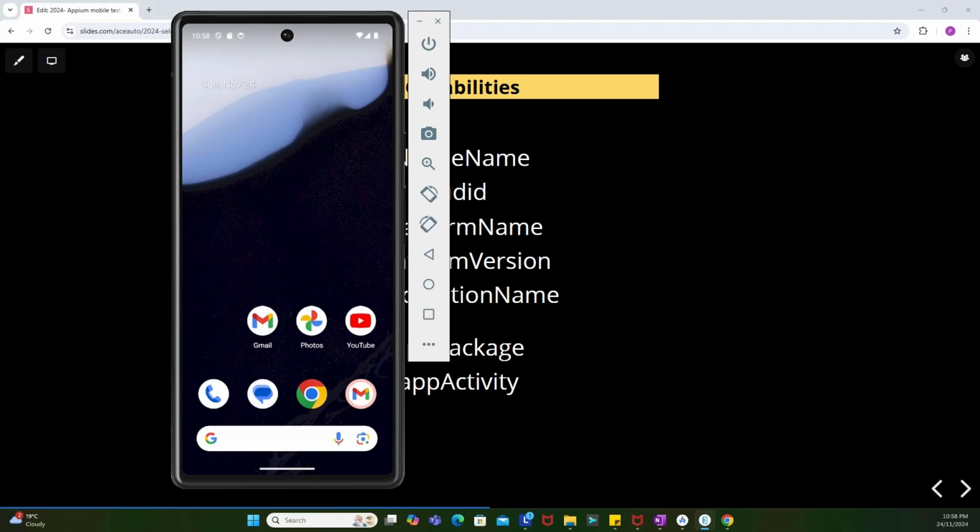Alright, so in this particular video, what we'll be trying to have a look at is what the capabilities are, and when we are working with Appium, it is important to understand what the capabilities are that we are required to test. Now how this capability really helps while testing with Appium is what I'm going to try to make my students understand,